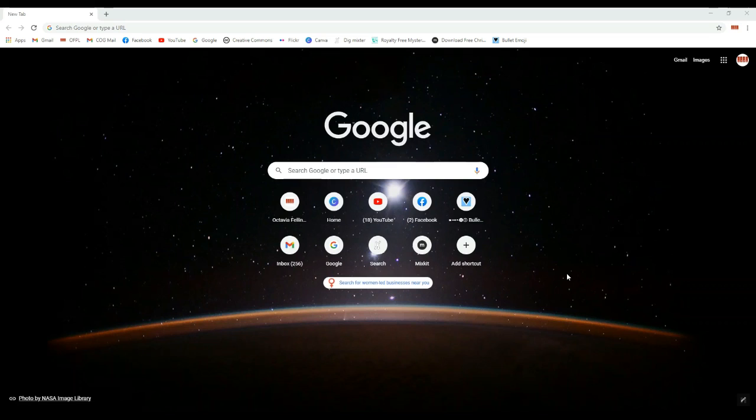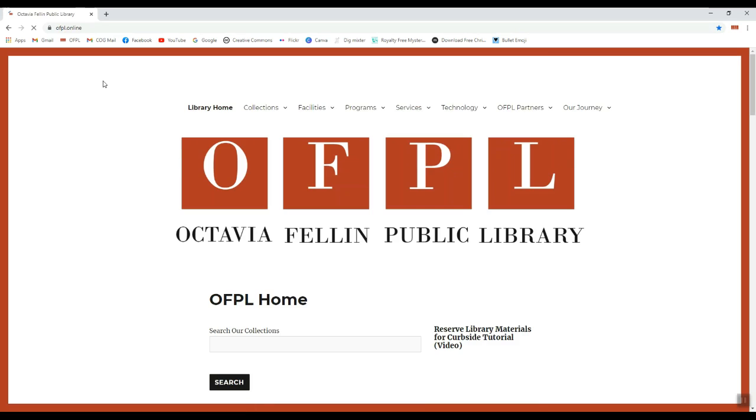So, for today's Tech Time, we are going to look at audio ebooks. Now, the reason I'm focusing on audio ebooks is because a lot of people, when you think of ebooks, you think of just the digital thing that you can flip through and read, but there are audio versions of these books that you can listen to. So we're going to look at where you can find those and how you can tell it's an audiobook versus a regular ebook. So we're starting by going to our website,